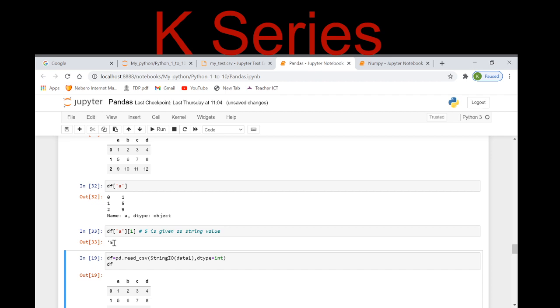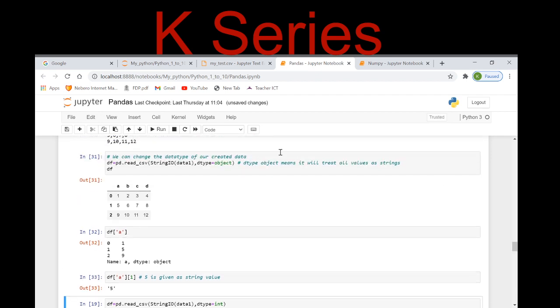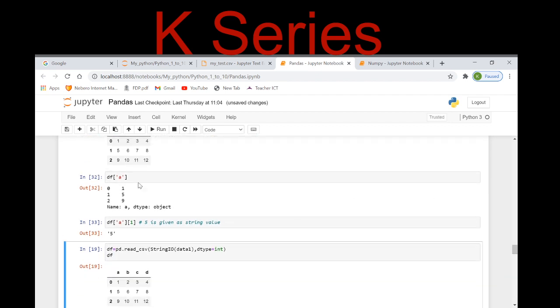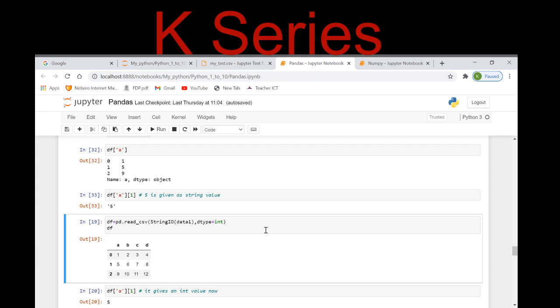Not as an int. I am repeating, not as an int. Try to understand the difference. As I have converted my data type into object, now all the ints or floats in my data will be turned into strings. This is the reason that whenever I type any column, it is giving me dtype object, even for a single value. Even if I show you how a single value executes, it gives me a string value.